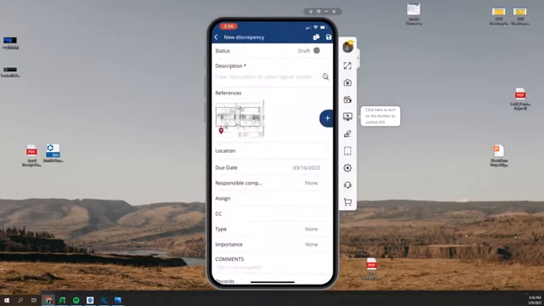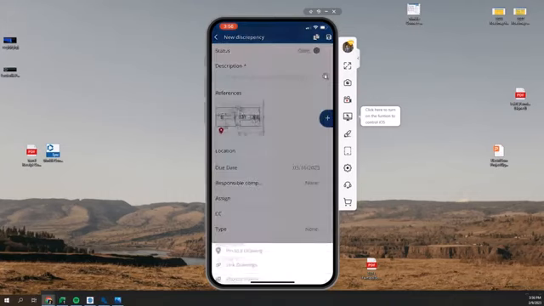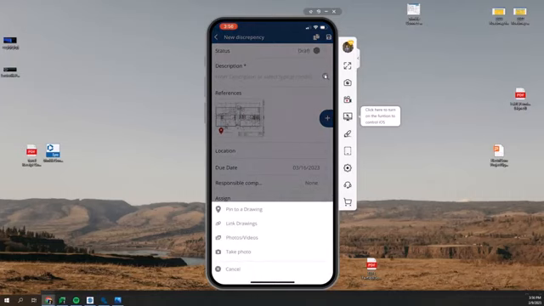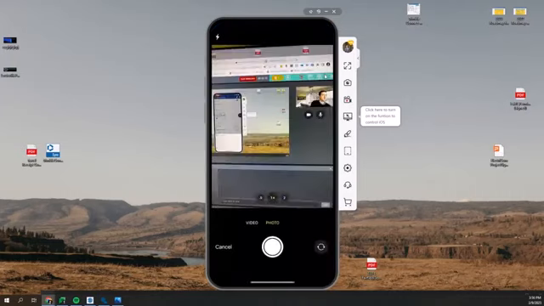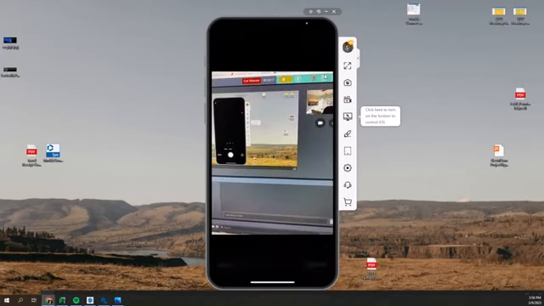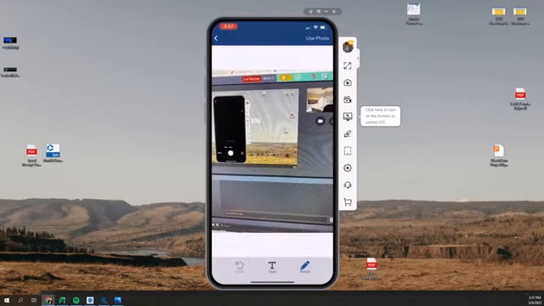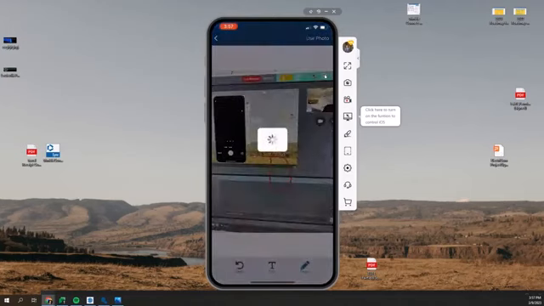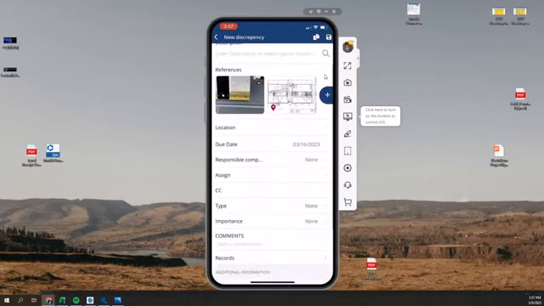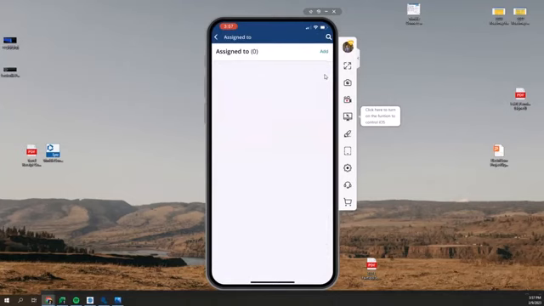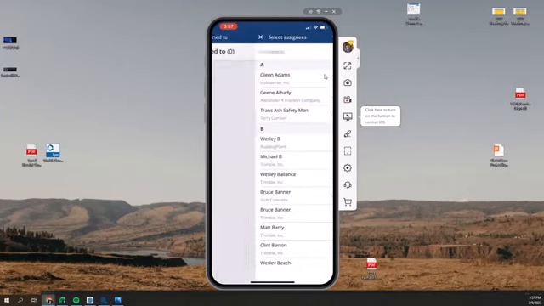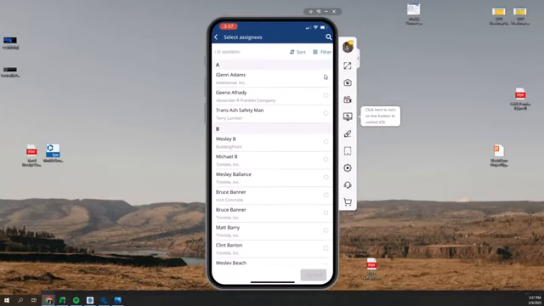Click done. All right, let's say I wanted to add a photo for reference to this, right? I have access to photos, videos, link drawings, pin to a drawing, take photo here. Here we go. Grab a photo, use that. Let's highlight something. Boom, now this is associated with this punch list item, right? I can assign this out to somebody, right? So this will assign it out to someone else within ProjectSight, right? So if I wanted to assign this punch item to Dave here,